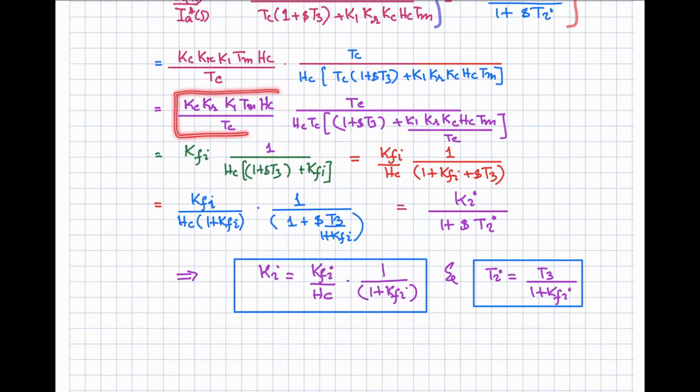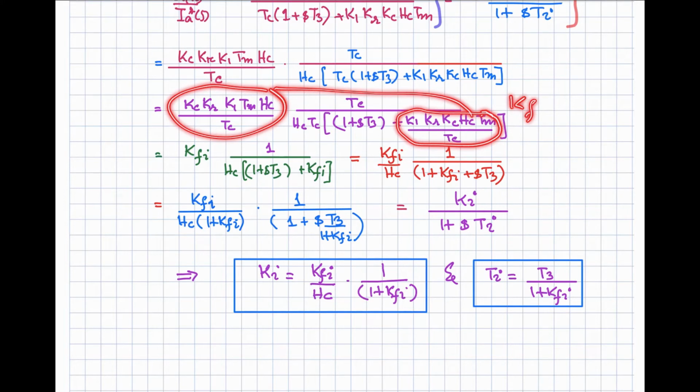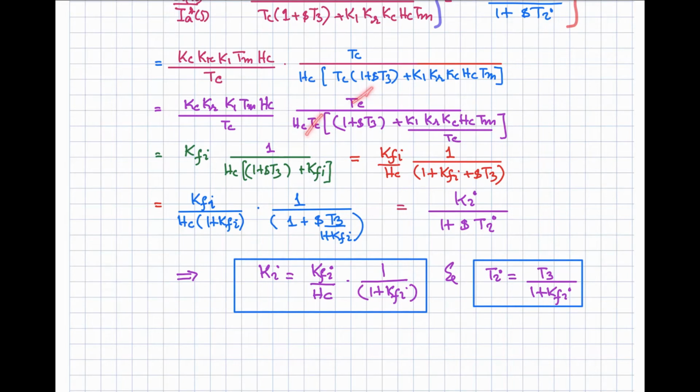Let's suppose this one is equal to Kfi. So here is Kfi. Similarly you can represent this part, because this and this are the same, so we are going to call it Kfi. So here you can say Kfi and Kfi over here, and this Tc and this Tc will be cancelled out, so only Hc will be left. This can be written like this, and rearranging this one, we can further write it like that. If we take out 1 plus Kfi common from here, we can write it as 1 plus s into T3 over 1 plus Kfi, right?